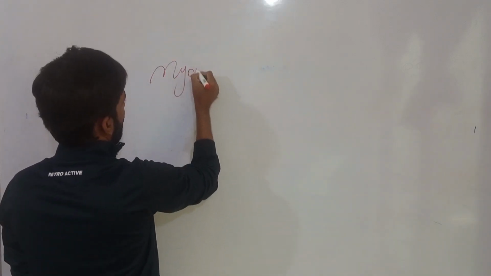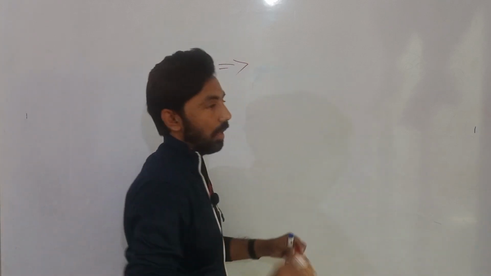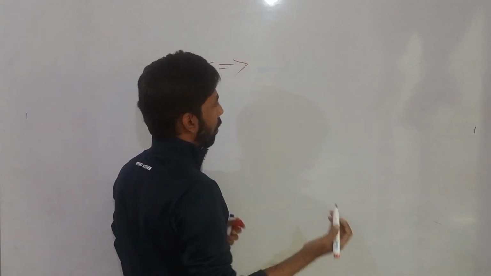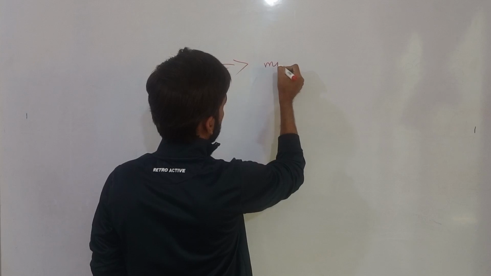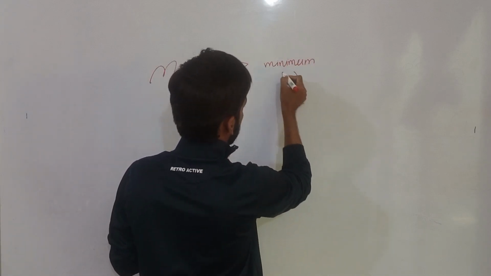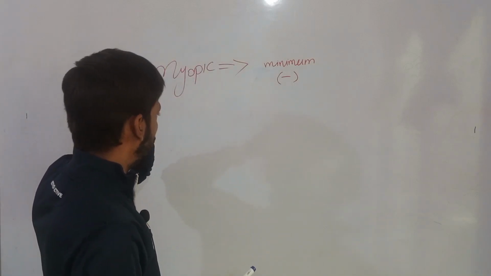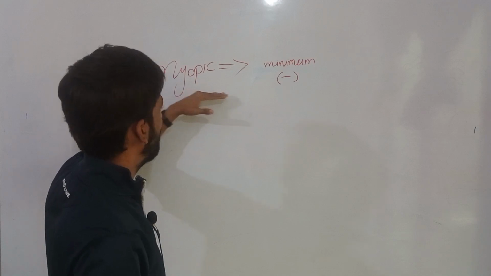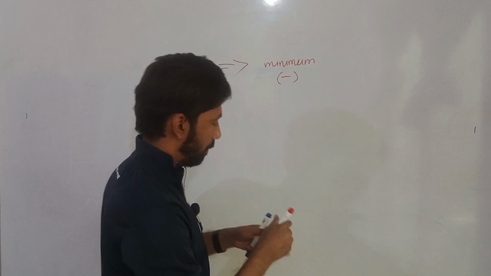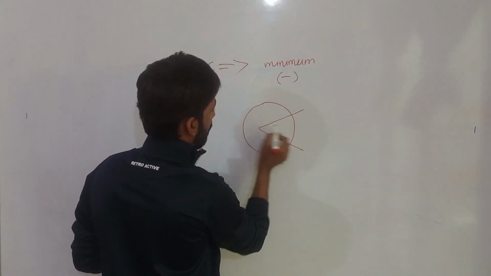So we have a myopic patient, right? And there are two schools of thought in case of myopia. Someone says, as we all know, that we should prescribe minimum minus in case of myopia, right? Why should we prescribe minimum minus in case of myopia? You know very well. Minimum minus means, if this is our eyeball and this is a myopic eye, as you know,